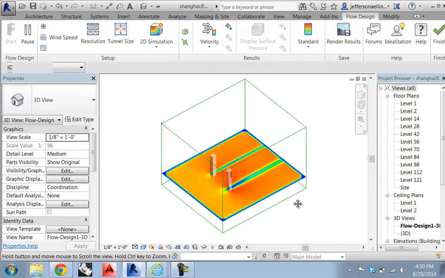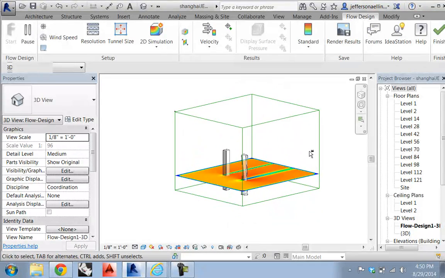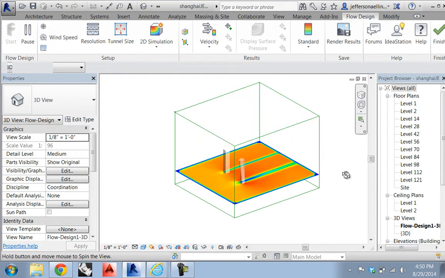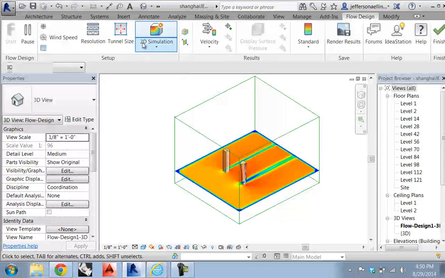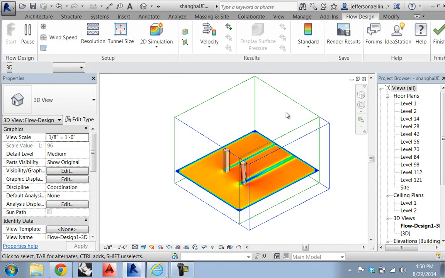Right now we've got a lot of area that is being calculated that we may not need. So you can adjust the solution space volume, and that's simply by clicking on the tunnel size box. The interface for this is a little clumsy. It's better in the real Flow Design. I don't know why it changes so much, but as you slide these sliders around, you can see what's happening